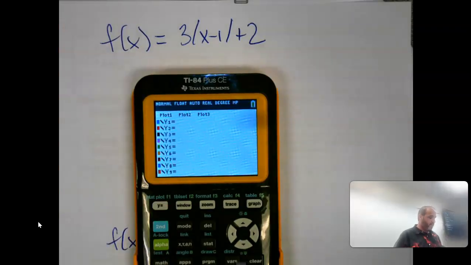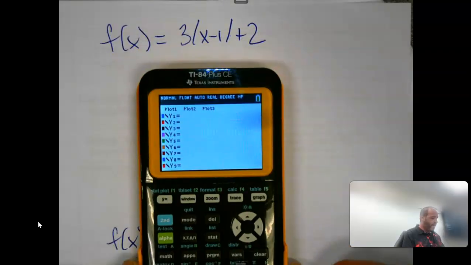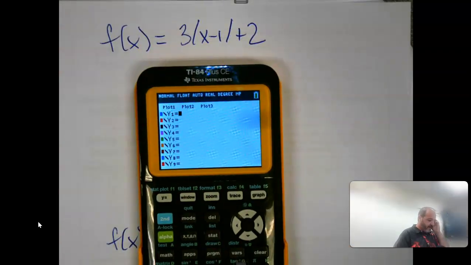I go to y equals. If there happens to be something there, this clear button is wonderful. It'll just zap it all out of there. But there's nothing there this time. So I start to type. When I get to needing the absolute value,